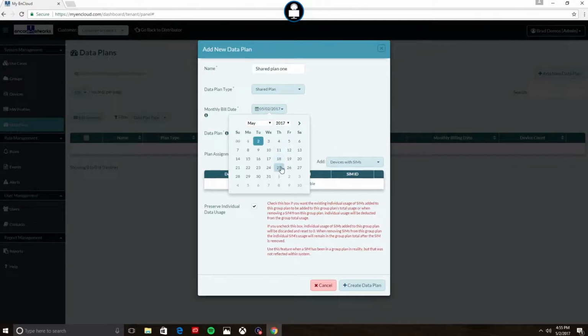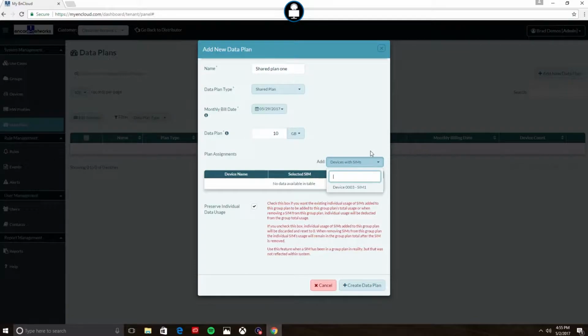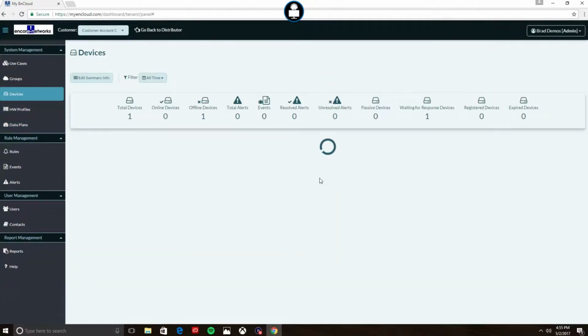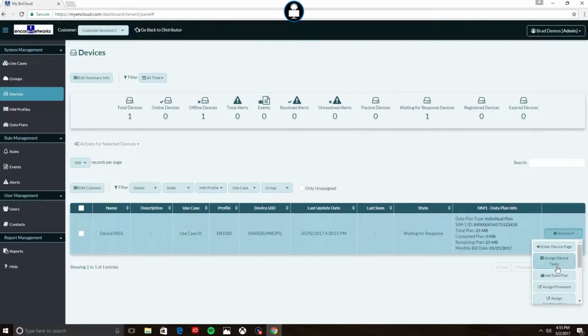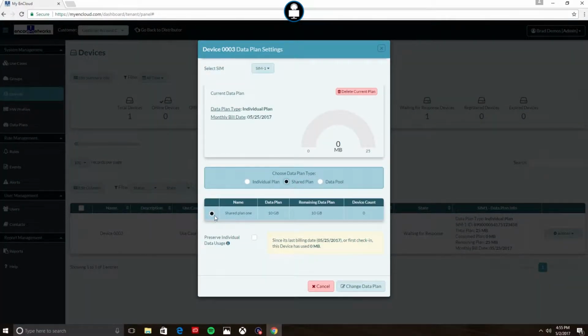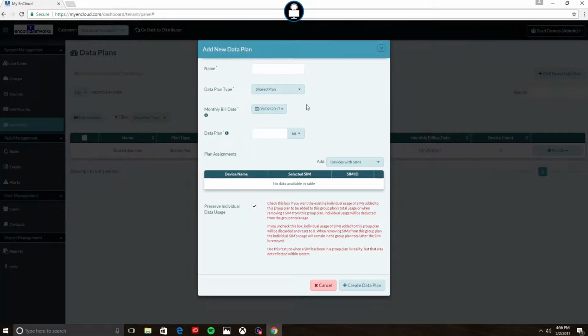Select the monthly bill date, and then select the allotment that all the devices will be sharing. We gave it 10 gigabytes. From here, you can also assign a device to the shared plan, or you can assign the device to it by going to the actual device set data plan page, and then clicking on Shared Data Plan and selecting it there. Either way will work. To create a data pooled plan,